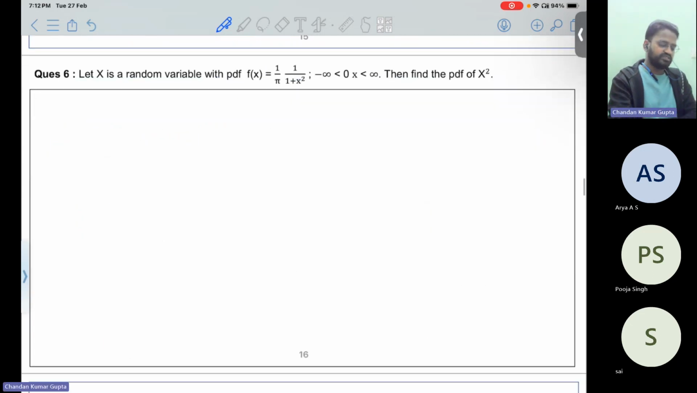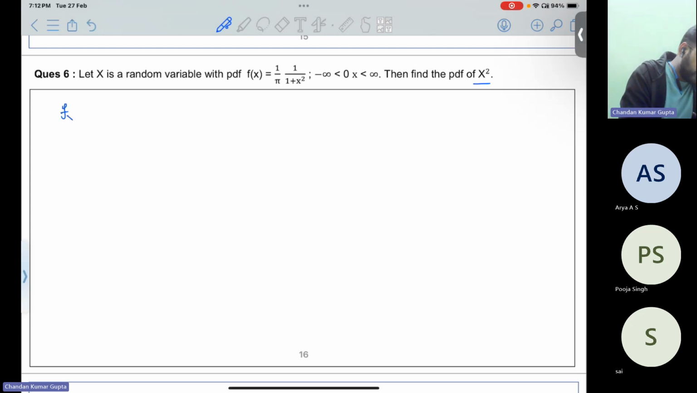Okay. Now the next question: X is a random variable with this PDF. We need to calculate the PDF of X square. Okay, it is a transformation, a kind of transformation question. So we will start like this. We are given the PDF of fX